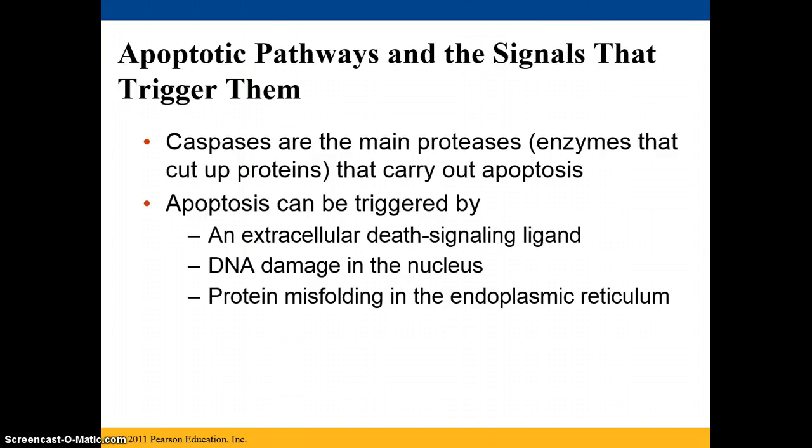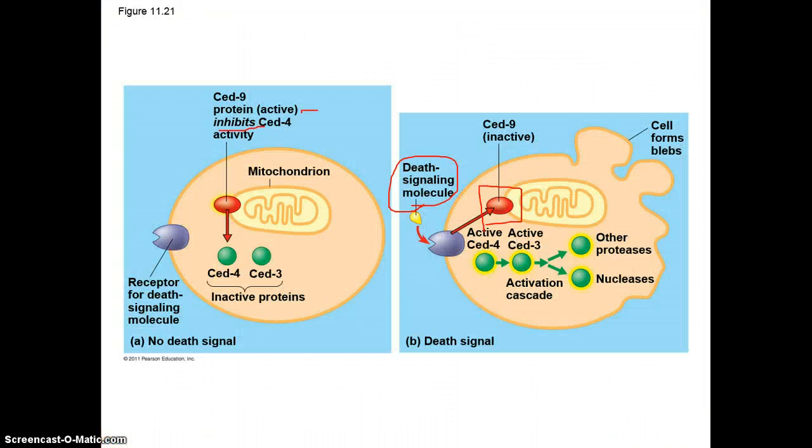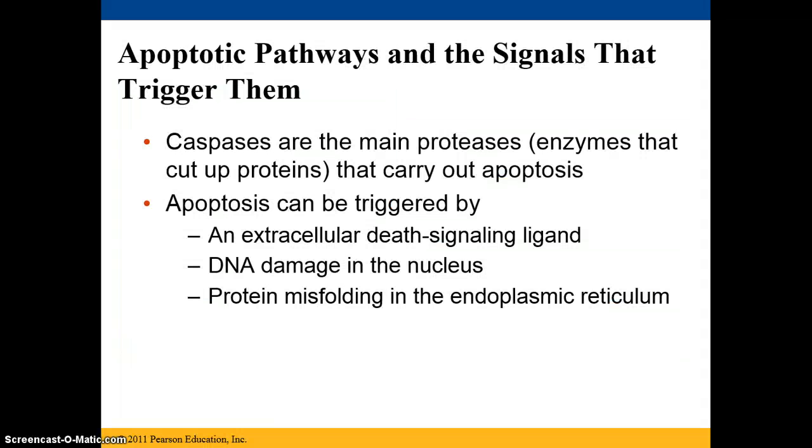So this can be signaled by an extracellular death signaling ligand, like we saw in the previous picture here, which was on part 2 for chapter 11. It can also be triggered by DNA damage in the nucleus, and it can be triggered by protein misfolding in the endoplasmic reticulum. So this is a part of the reason why